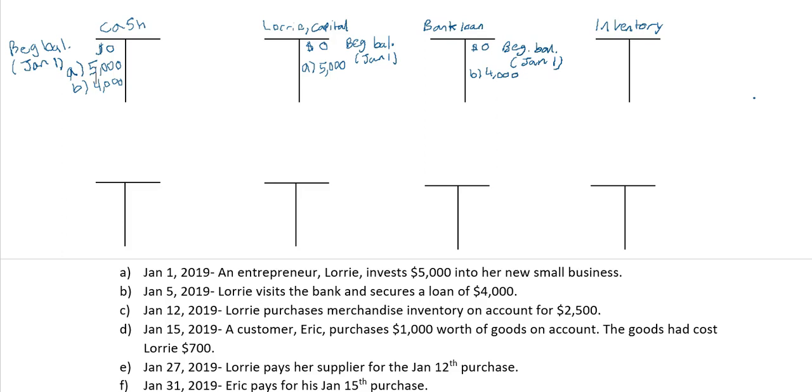So the beginning balance here is going to be a little bit tight because it's on the left side, so we'll go ahead and write a little bit smaller here. $0. And now we've added some inventory in transaction C. So go ahead and post that on the debit side,